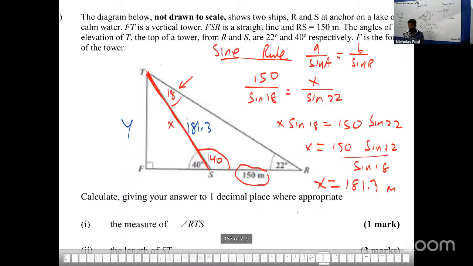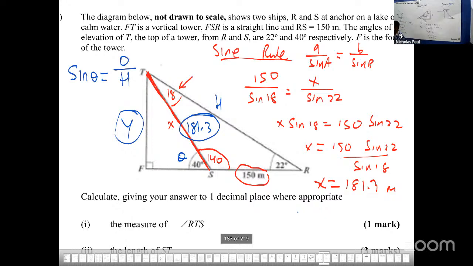What are we using? We have theta, we have an angle down here. What side is that? Hypotenuse. And what do you want us to find? Opposite. So therefore we're using sine theta is opposite over hypotenuse. You okay with that? Then you plug it in. So that'll be sine 40 is equal to opposite, which is y, over